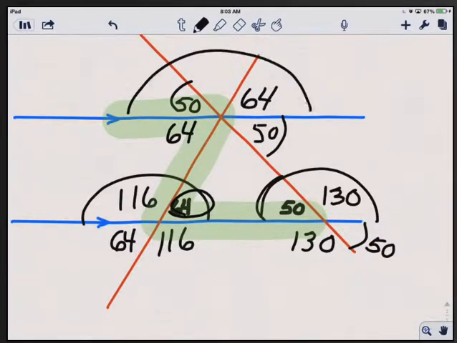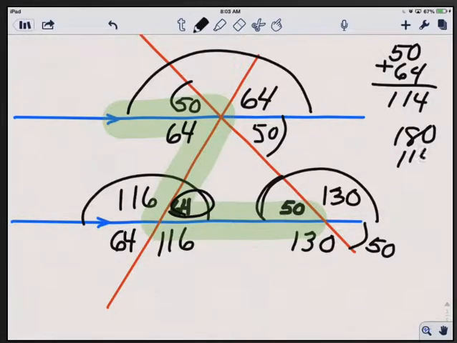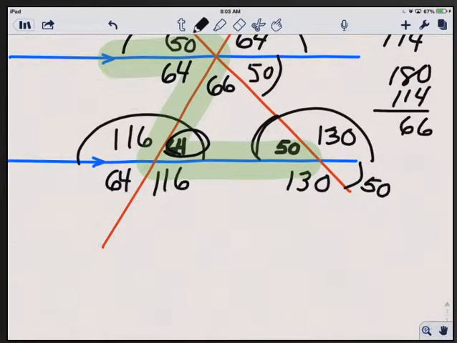We can state the three angles at the top add to equal 180, so we add the first two angles together, 50 and 64, and we get 114. We subtract that from 180 and we get the missing angle at the top is equal to 66 degrees. So we fill that in, and we fill in this angle right here as also being 66 because vertical angles are equal. What I want to focus in on right now is the triangle in the middle of the diagram. So looking at this triangle, I'm just going to draw it again down the bottom,